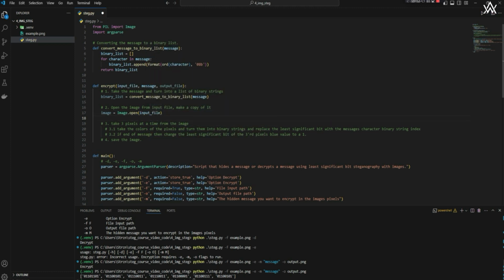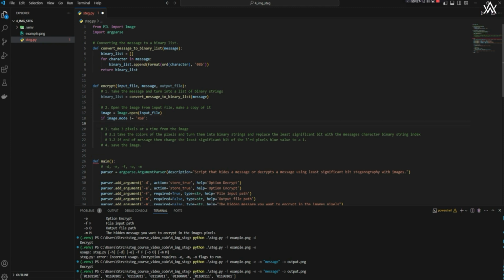So now we're opening the image using the Pillow library, and we need to ensure that the image's mode is in RGB, so it has 3 channels. The way we can ensure this is we're going to say image.mode does not equal RGB. So if it doesn't equal RGB, then we're going to say image is equal to image.convert